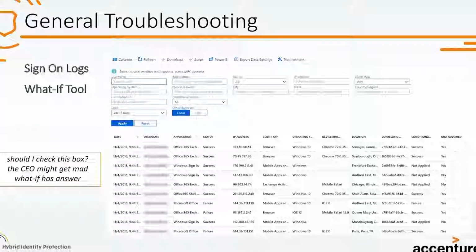So before we get into the device part, I think I'm doing okay on time. A couple of things I just want to point out. Generally speaking, a lot of your troubleshooting is going to come from the logs. The logs have gotten a lot better recently. This is just the standard Azure AD sign-in log. One of the things, a kind of pro tip in here: